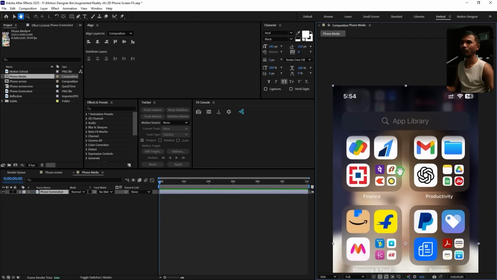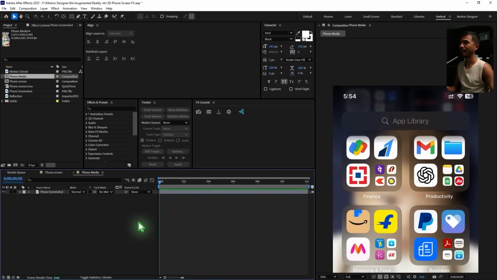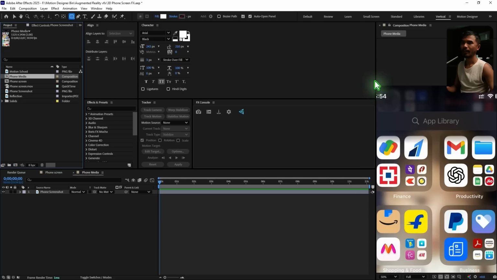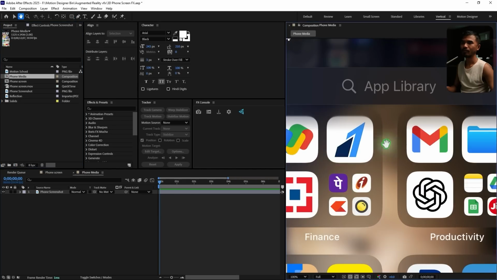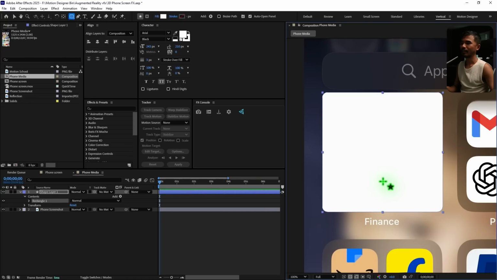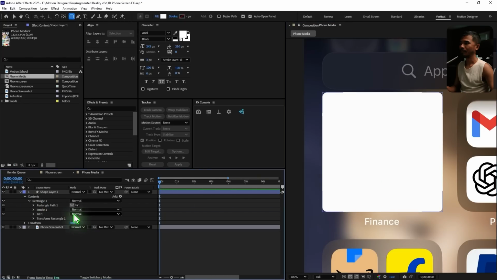So okay, and what I did was I extracted out different parts. You can do this in Photoshop, but I'm going to show you how you can do that here without selecting any layers. I'm going to select this rounded rectangle tool, close these properties, and we'll make some room. Select this, something like this. Go to rectangle,